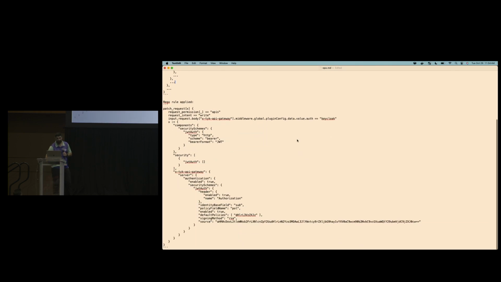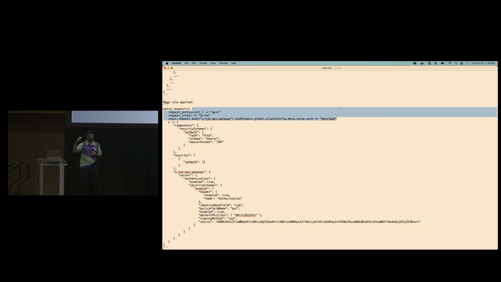As you can see, I don't know if you guys are familiar with Rego or OPA, but the idea here is with Rego, all you have to say is, if those three statements pass, whatever those statements are, I want you to do an action. I want you to apply this policy. In this OPA policy, what I'm doing is injecting the keycloak credentials to allow authentication for my API. Now, if you guys are familiar with OAuth 2 or keycloak, there's something called the JWKS endpoint. This is what I'm passing in here. It is base64, but we'll actually take a look at that endpoint in a second.